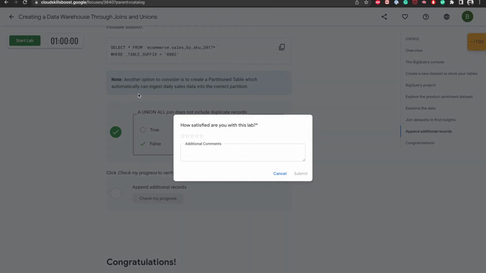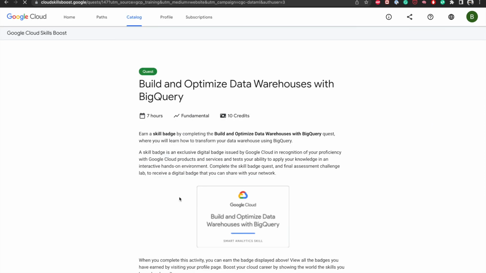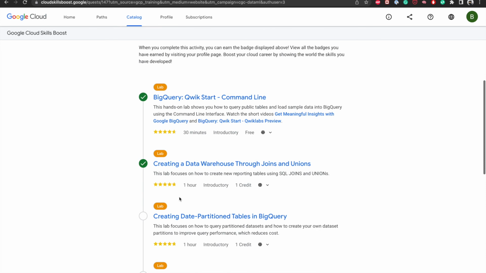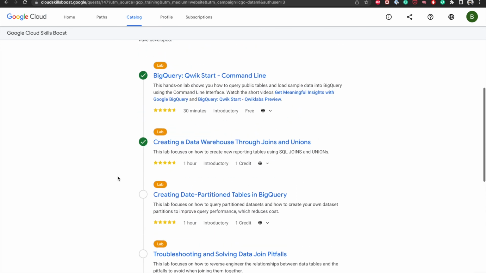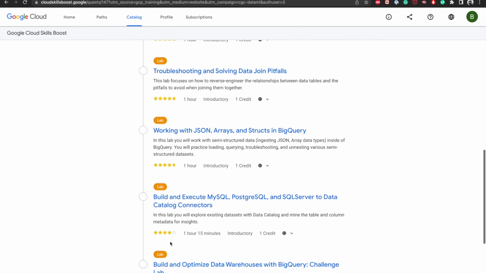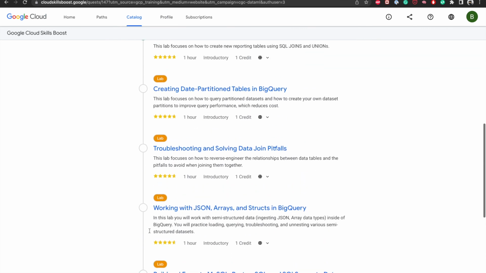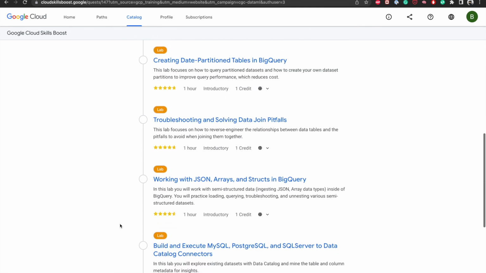Let's give 5 stars. Now let's see the progress. Super. We have completed these 2 labs out of how many? Let me check. 1, 2, 3, 4, 5, 6, 7. So we have completed 2 labs out of 7. I will try to complete these remaining labs as well,